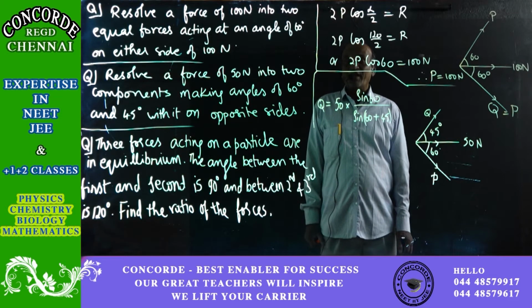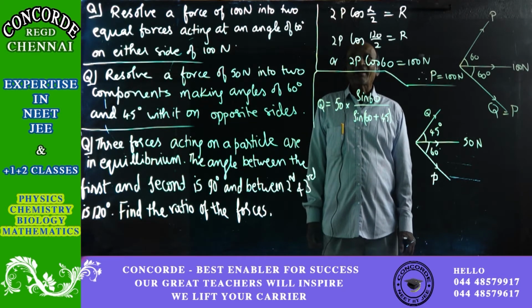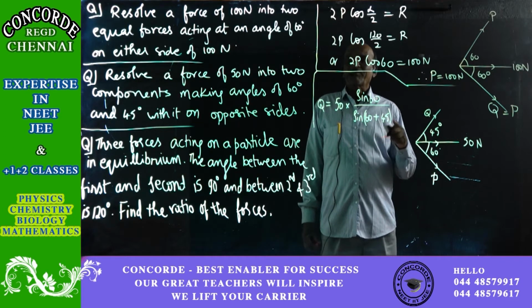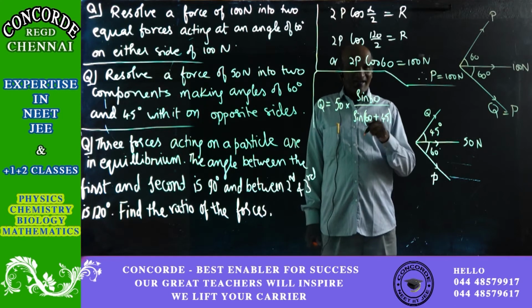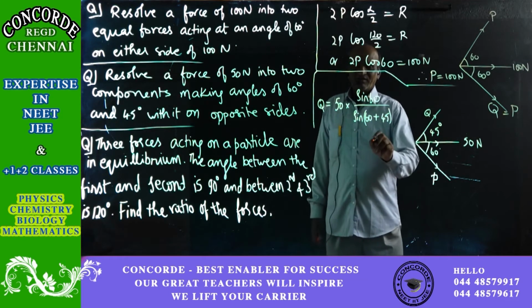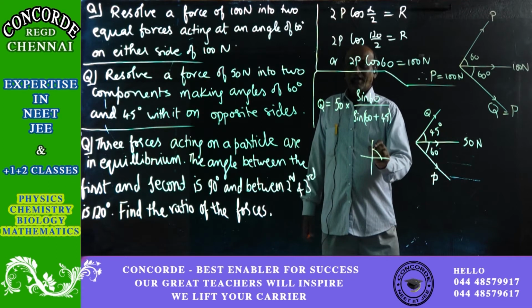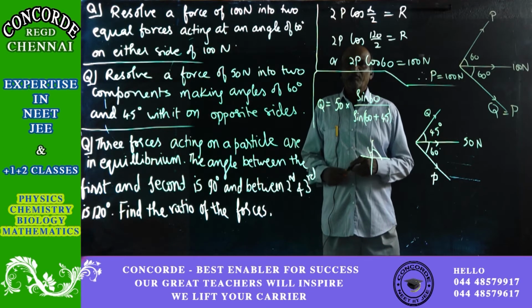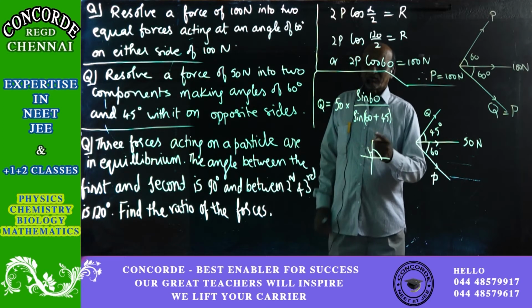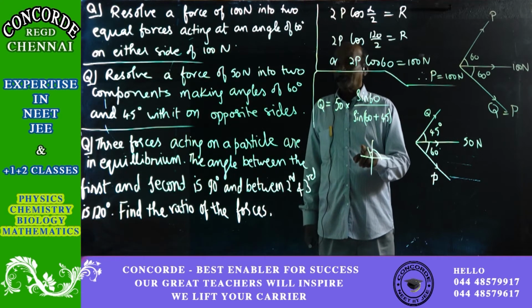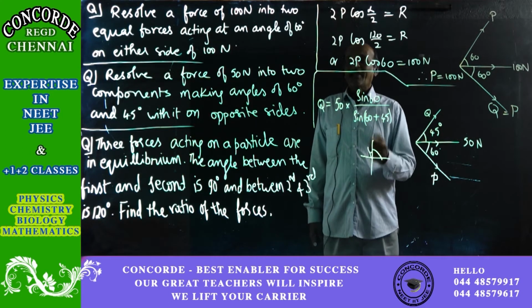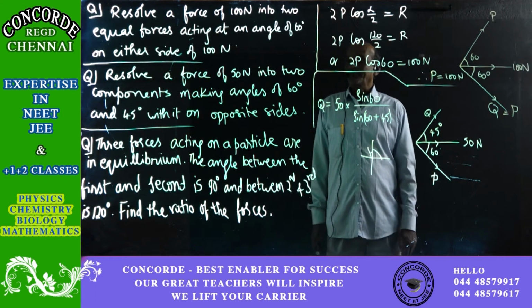You can also make it 90 plus 15. Sine 90 plus 15: for 90, you will get the other function returned, so it will be cos, and 90 plus 15 will therefore become cos 15. Sine 90 plus 15 is in the second quadrant, so the first quadrant 90 degrees, another 15 degrees, so the second force will be somewhere here. Therefore, in the second quadrant sine is positive, and sine 90 plus 15 will be plus. For 90, the other function will be returned, so it is going to be plus cos 15.